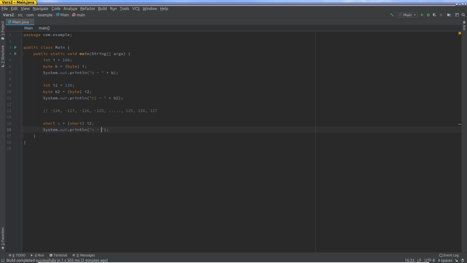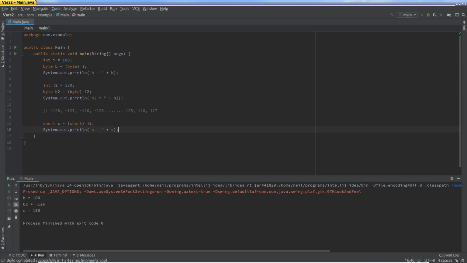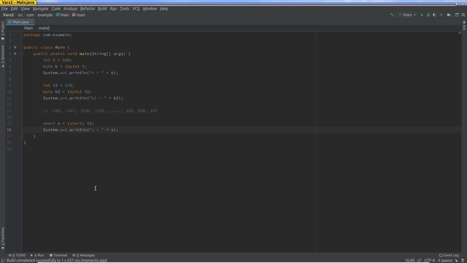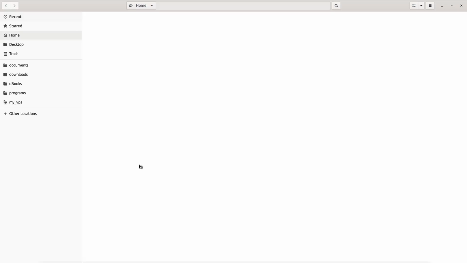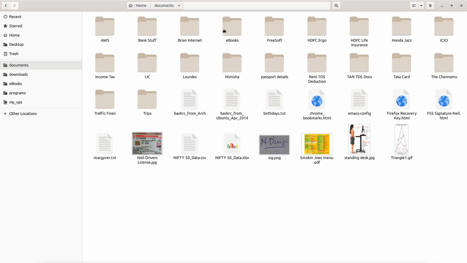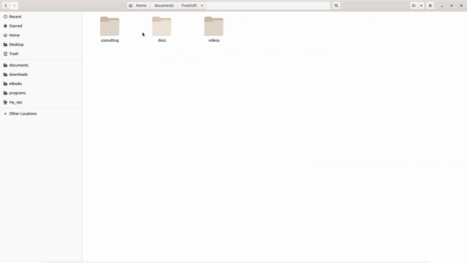S equals plus S, right? And this should print out 130 perfectly, right? So here, this is what you get, right? So just to button this up, let me go and do this